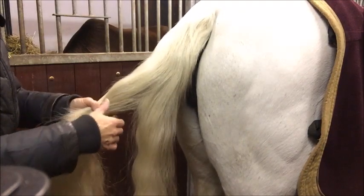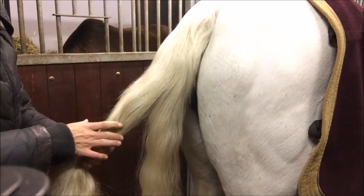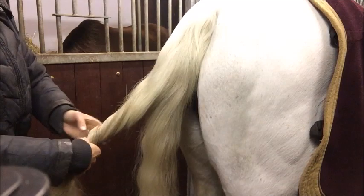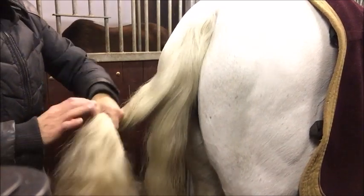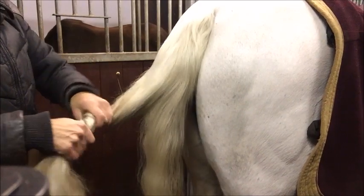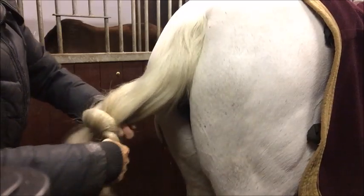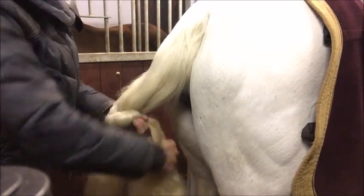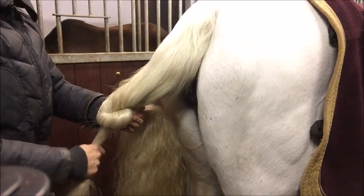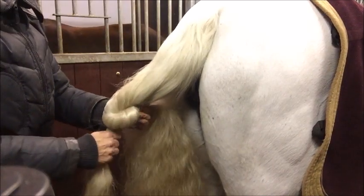So you take the thicker piece of tail and you start twisting it clockwise. You keep twisting until it starts to really turn like this. Once it starts to bend and create that turn, you start twisting it around the tail. And you keep the strand at the bottom there. You don't put it on top, you put it on the bottom so your bigger strand covers the smaller one,